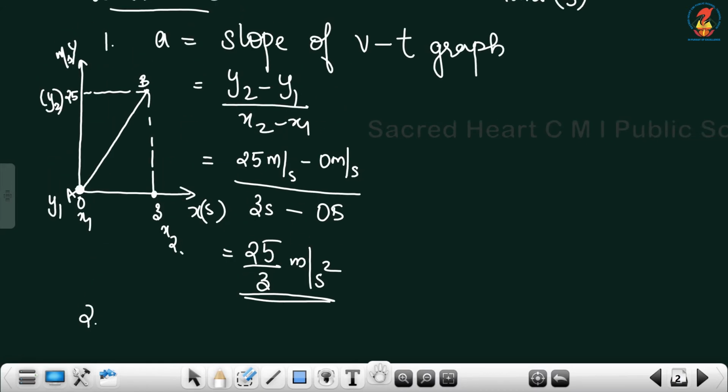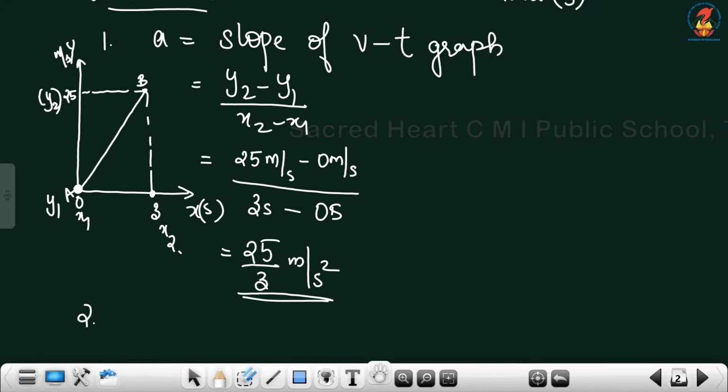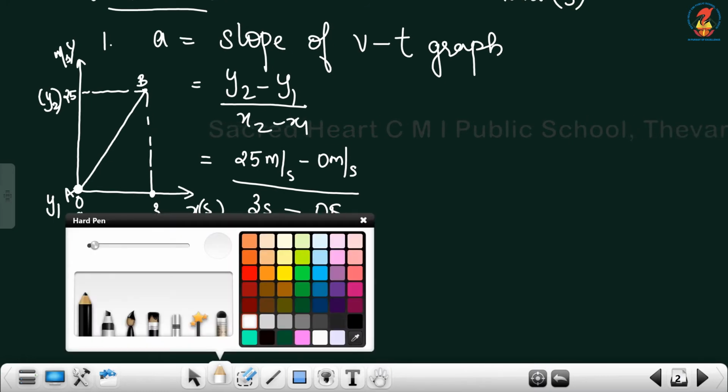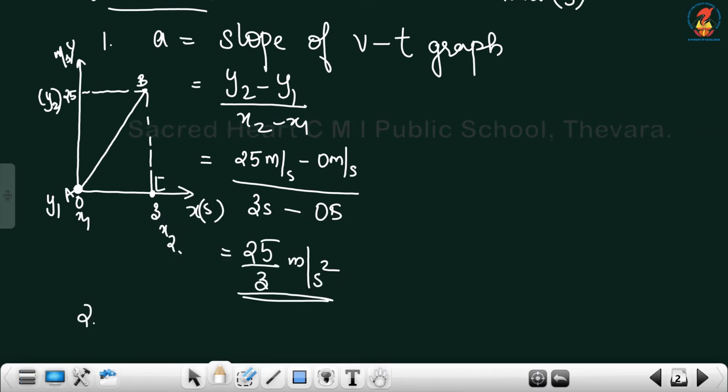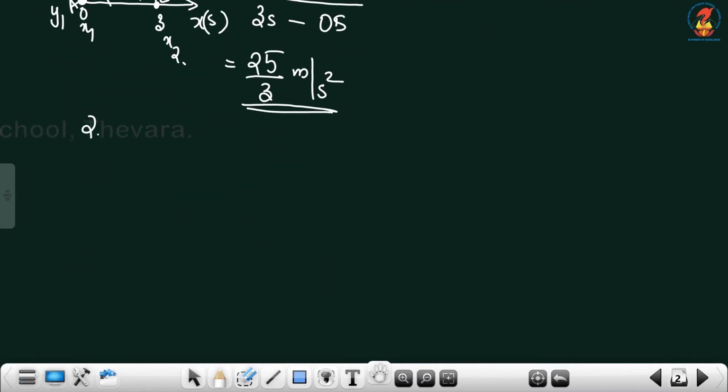A, B and this point is E. So, what is this shape? That shape is a right angle triangle. So, how will you find the area? The distance travelled